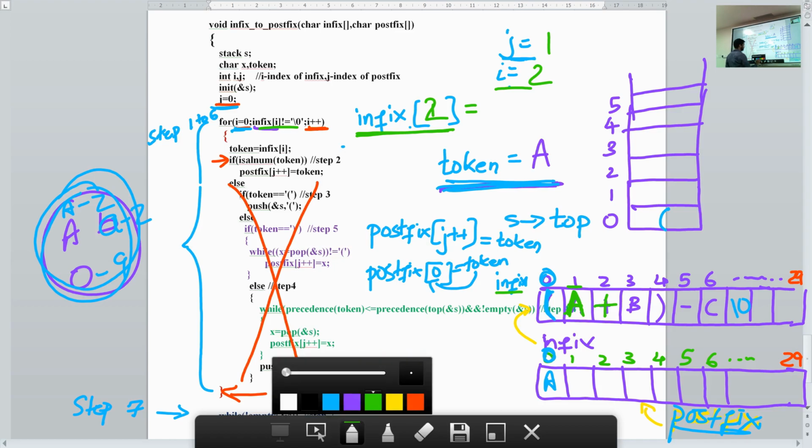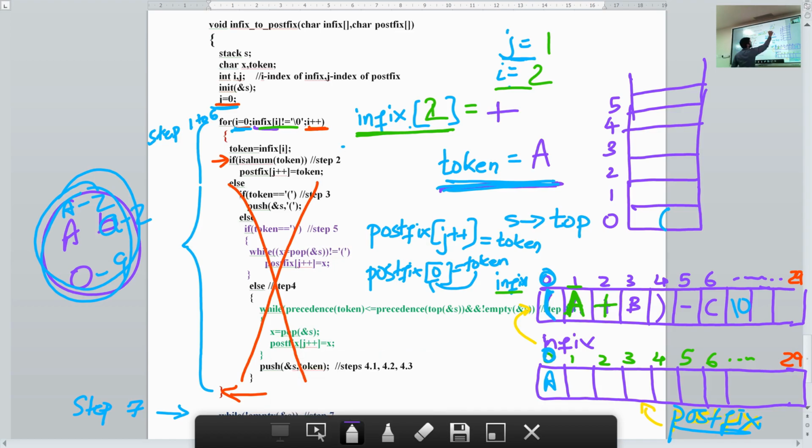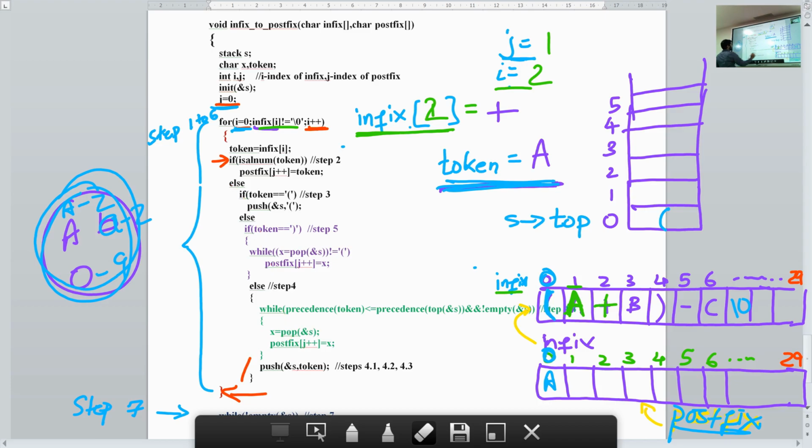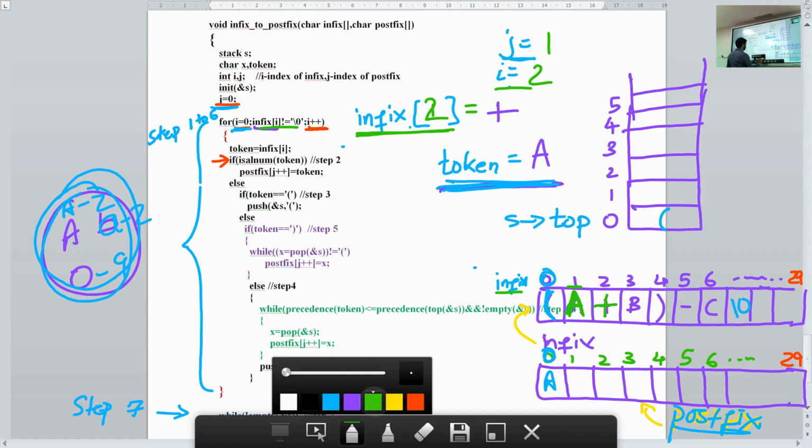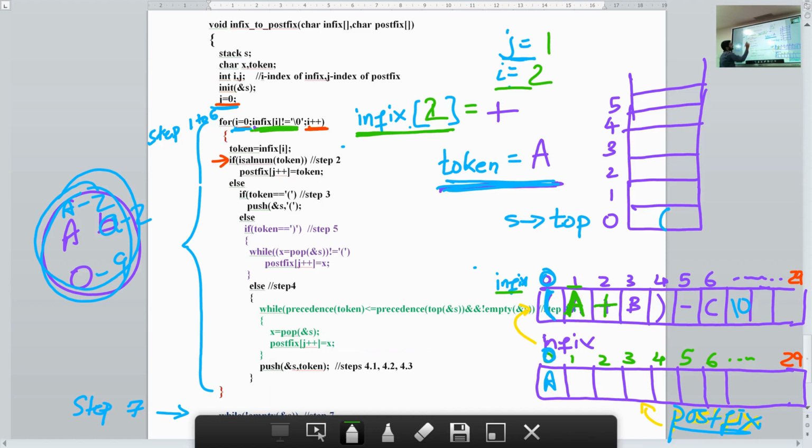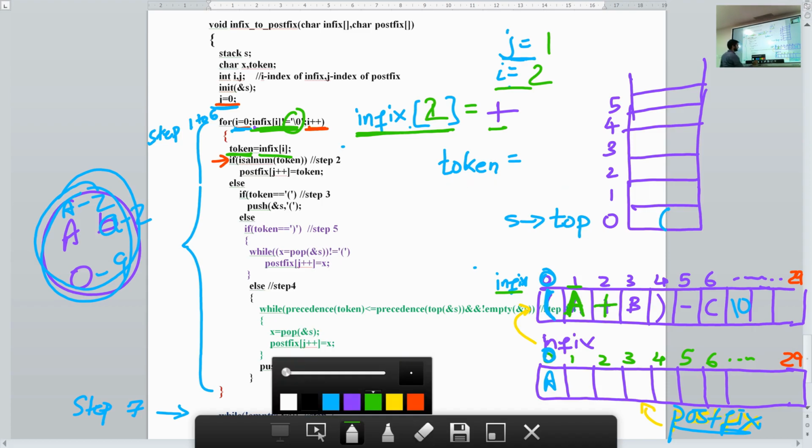So you check here, infix of 2, is it not equal to null? Yes, infix of 2 is plus and it is not equal to null. So in the next step, I store infix of 2 in token. Now what is the value of token? Value of token is now plus.